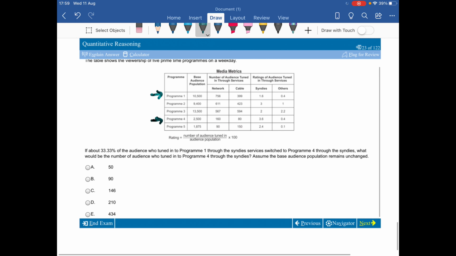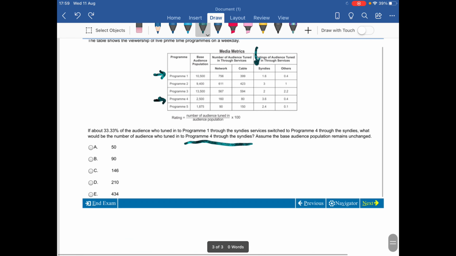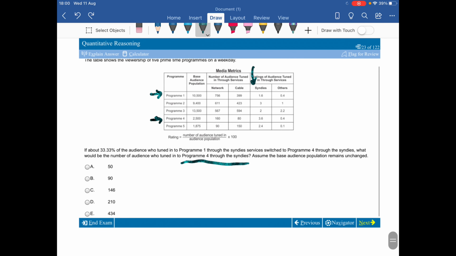Okay, so program 1. It says if 33.33% of the audience who tuned into program 1 via Cindy's again switched to program 4, what would be the number of audience who tuned into program 4? Okay, so we need to know 3 things here. That's a very bad underlining technique. So we need to know 3 things here. We need to know this